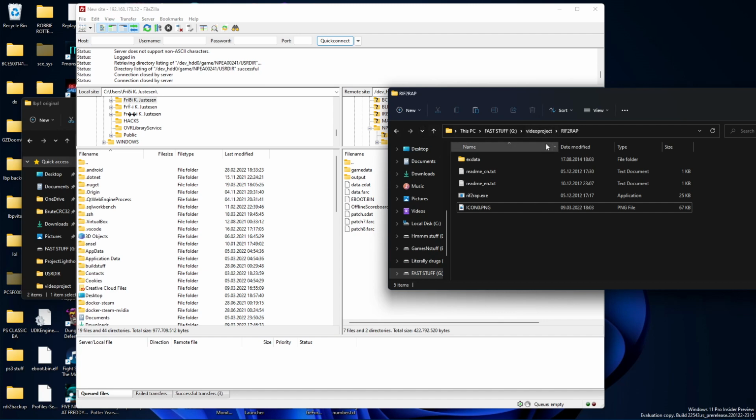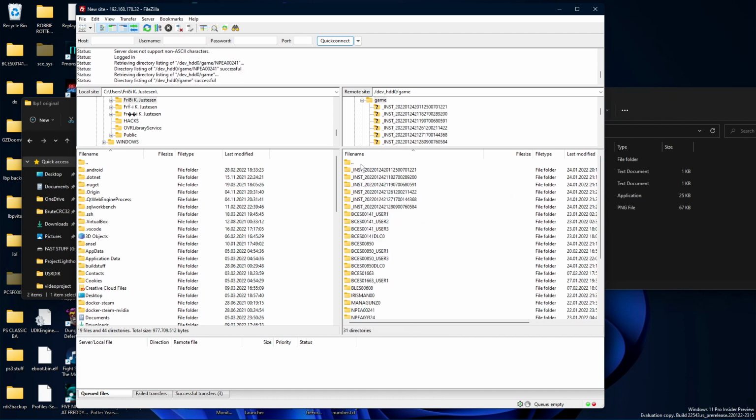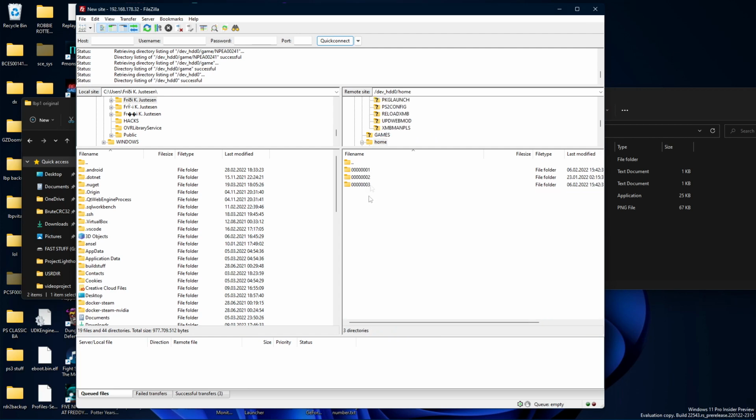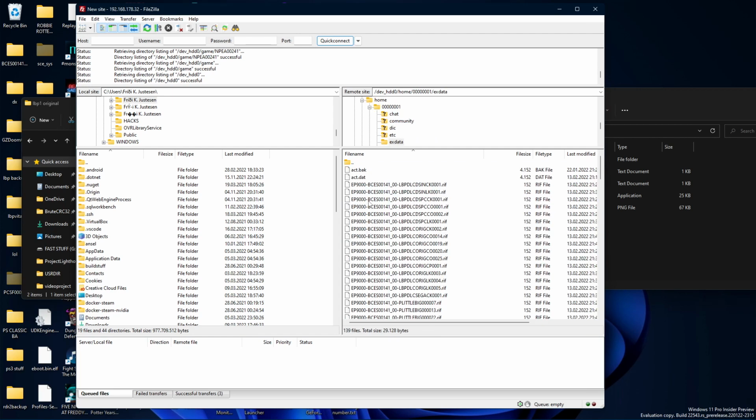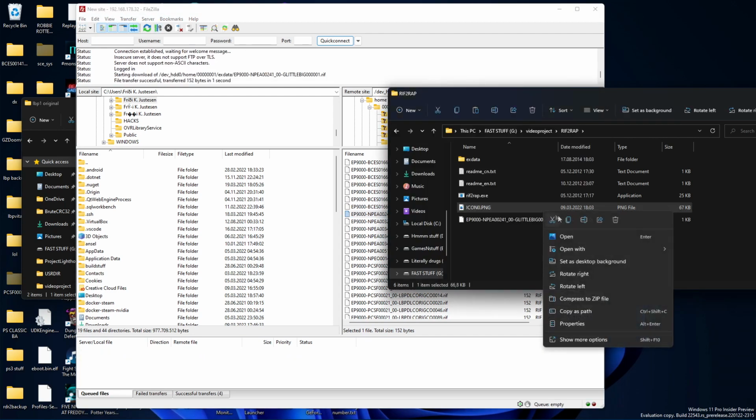Oh wait, we're doing Riff to wrap first, yeah. But you see your game ID number here. So you remember, oh yeah, my game ID was NPEA00241. So if you go back here, you go in home, your user, and X data, you should find one that's called NPEA00241 right here. So you take this Riff into this folder,